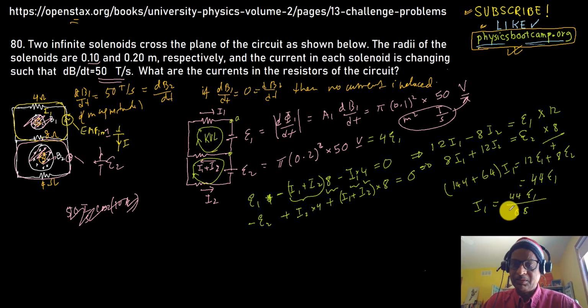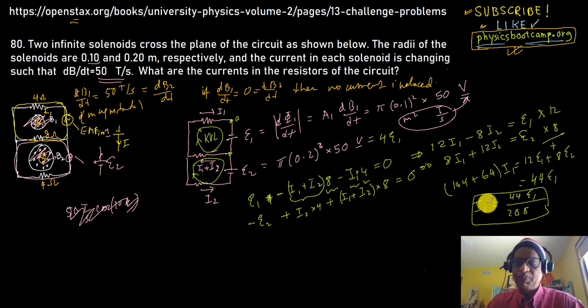This is 200. So this is the answer for I1. And I can, of course, put in there and carry out the numerical value, which I'll leave to you. And to get I2, just plug in there, or we can do it more or less the same way, plug in, or you can do